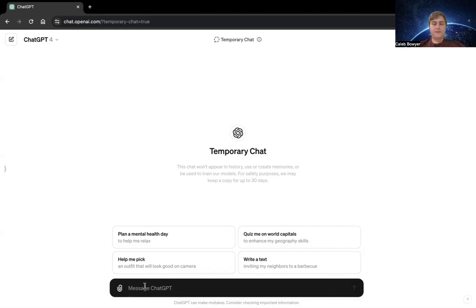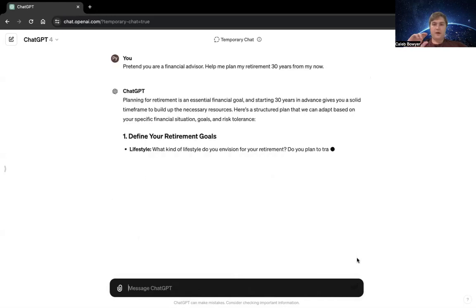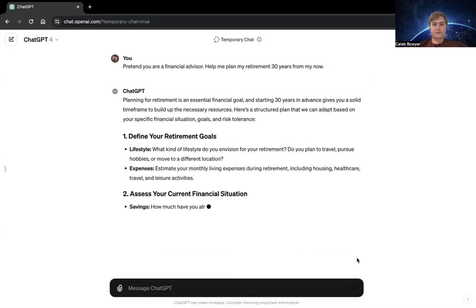Let me give you an example. Pretend you are a financial advisor. Help me plan my retirement 30 years from now. So with this kind of prompt pattern, we're telling it what role to assume.